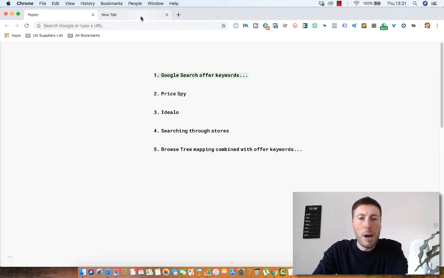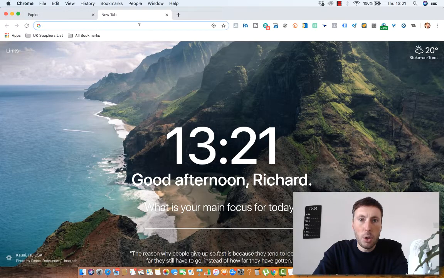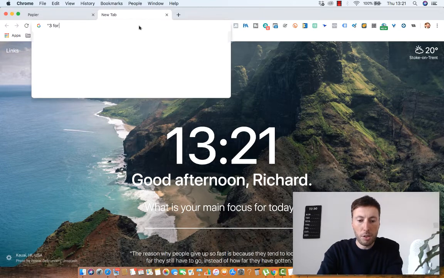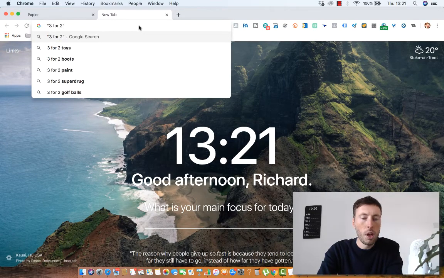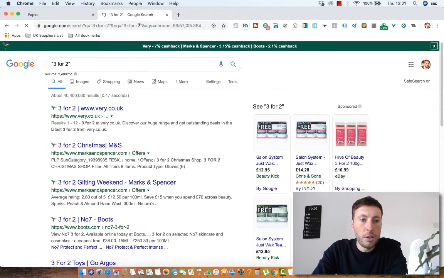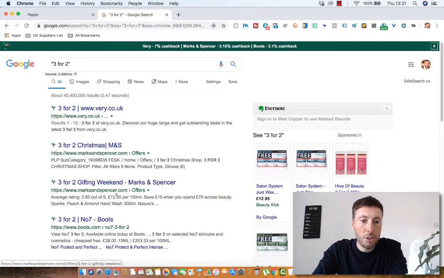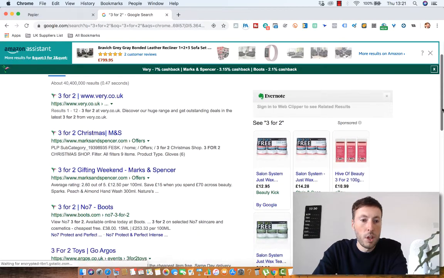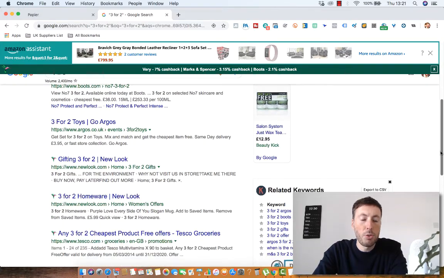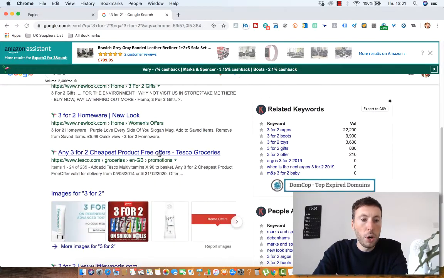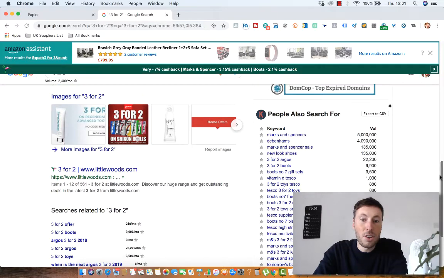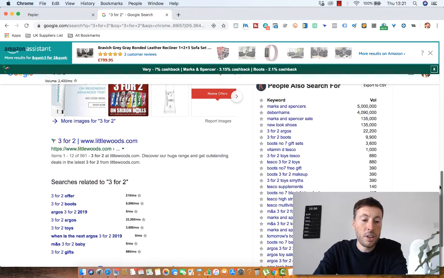and there are many different types of keywords that we can put into Google. But if we just start off with 3 for 2, you're going to actually be brought up with every store that has a 3 for 2 offer on. Okay, so what we can then start to do is go through these stores and go through all of the 3 for 2 offers that are on at these stores. Okay, and that is a very simple strategy there,